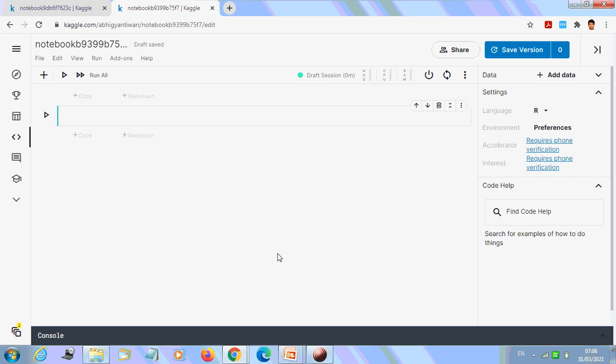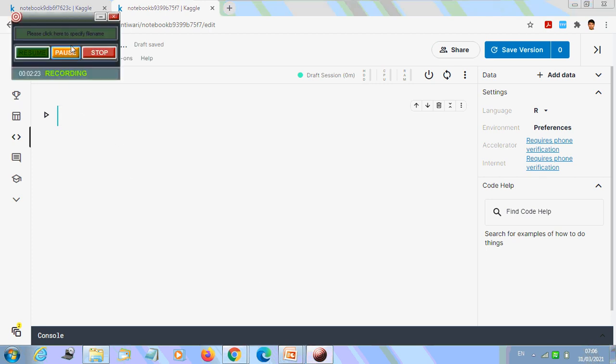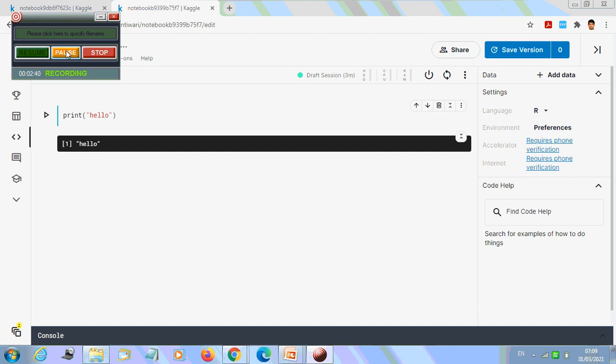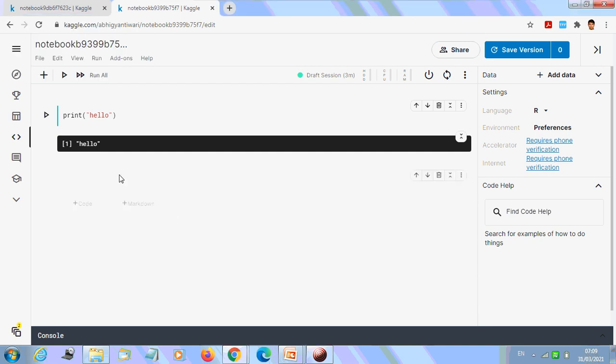As I said to you, you can write code here. In this cell you can write any code. This is what I have written, and the output we can see here itself.